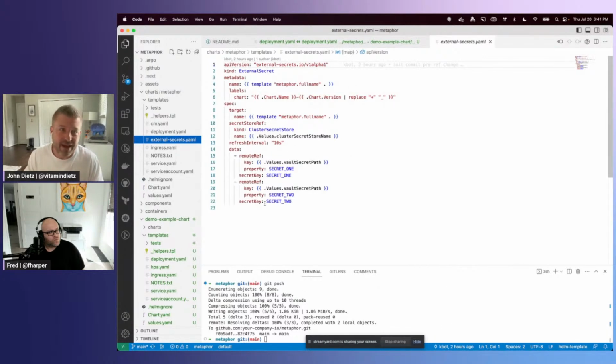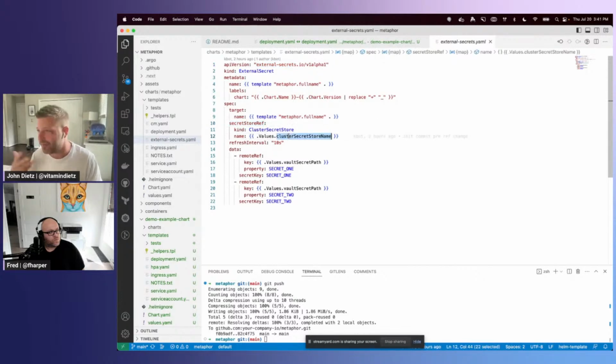This is basically just a simple ExternalSecret kind of application. It's being managed by the External Secrets Operator that's deployed to your cluster. And there's a secret store ref where you have to give it a path, basically, in HashiCorp Vault of where you're going to get the secrets from. And then you define what secret it is that you want to pull the value from and what property you want to set it to in the actual Kubernetes secret that it's going to create.